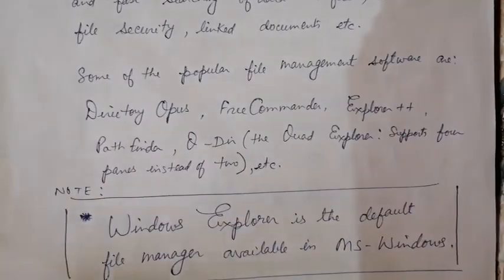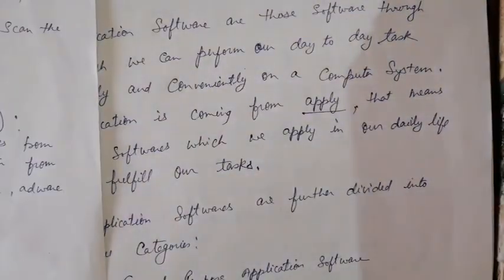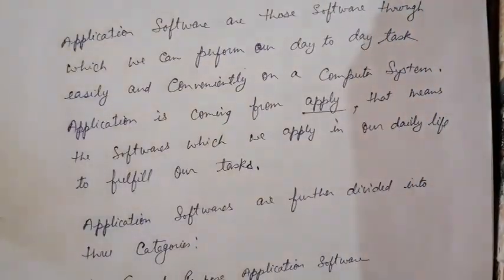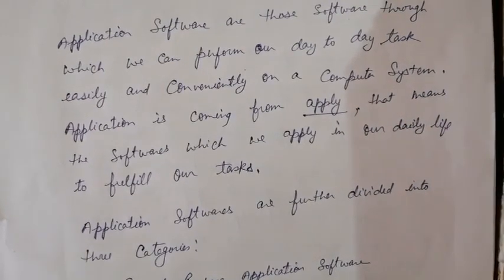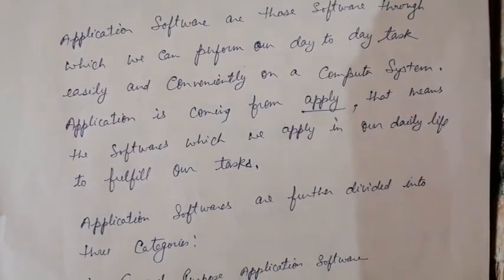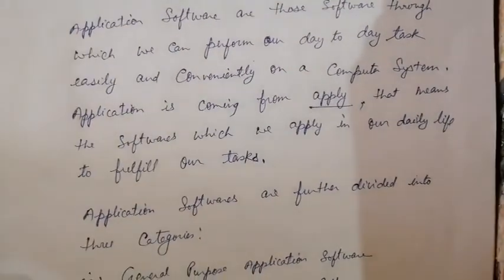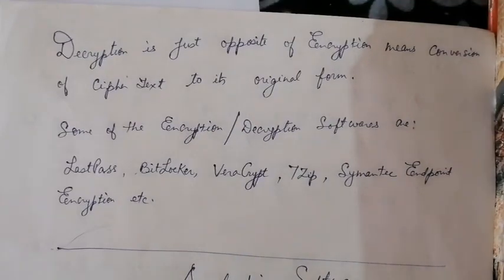And examples of encryption decryption software are BitLocker, LastPass, 7-Zip, VeraCrypt. All these are examples of encryption and decryption software.